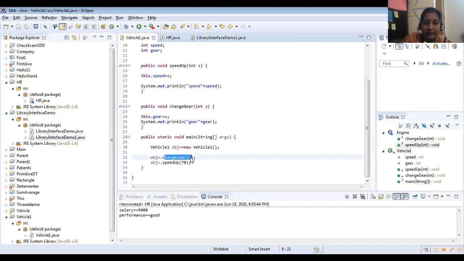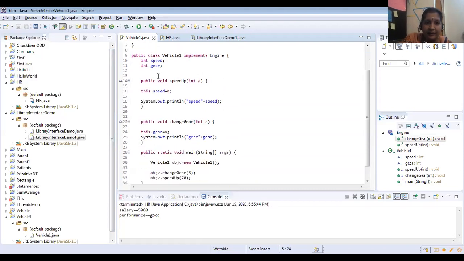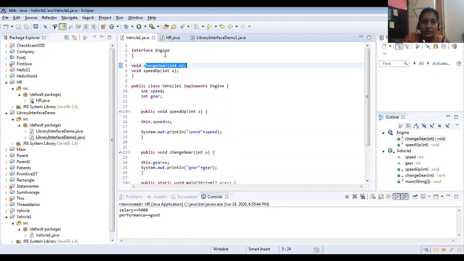Normally, if you see, where is the method declaration? The method declaration is in the interface. But the implementation of this method is in which class? The Vehicle1 class. How can I use this implementation? I can do it because my Vehicle1 class implements this engine.